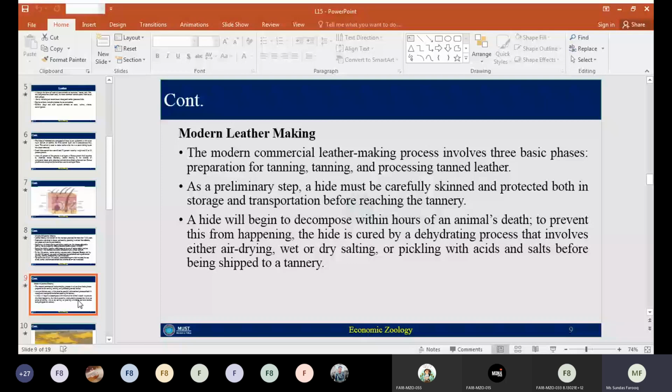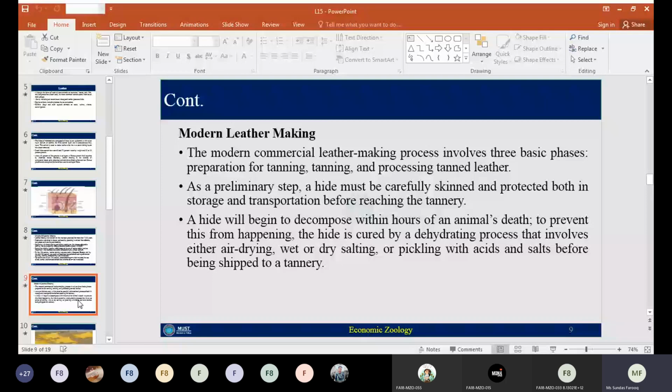The modern commercial leather making process involves different phases. That is actually the preparation of the tanning and the processing of tanned leather. If we generally discuss the preliminary step, a hide must be carefully skinned and protected both in storage and transportation before reaching the tannery, and the hide will begin to decompose within hours of an animal's